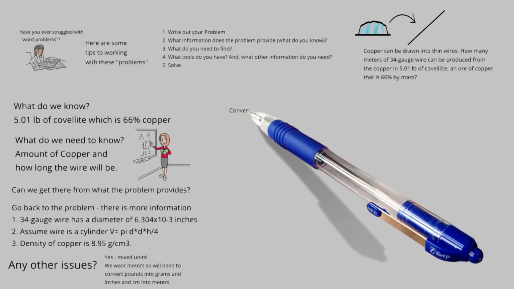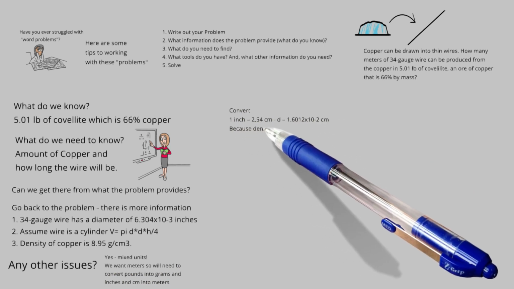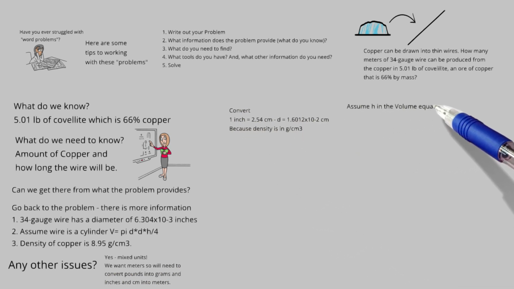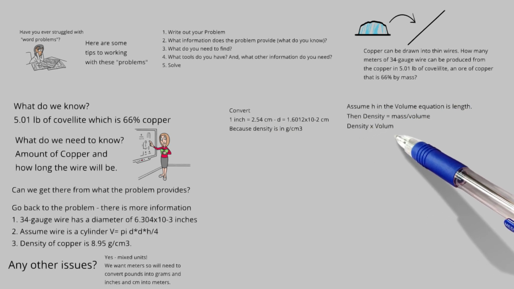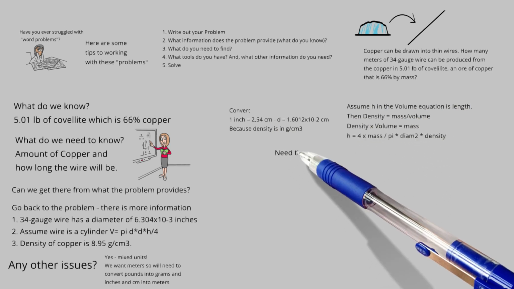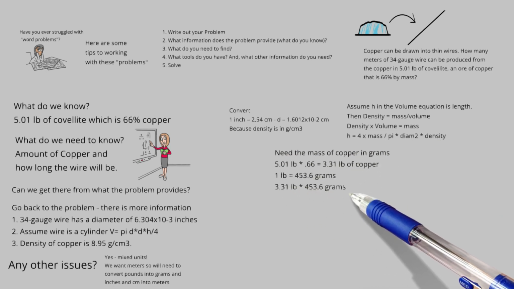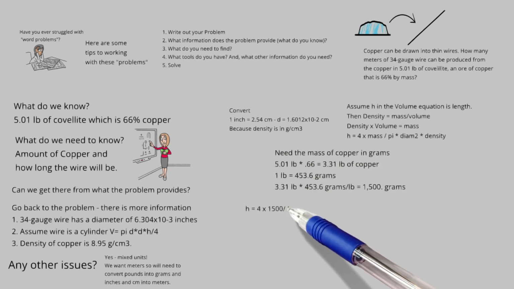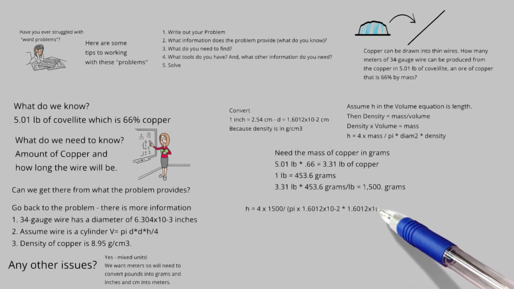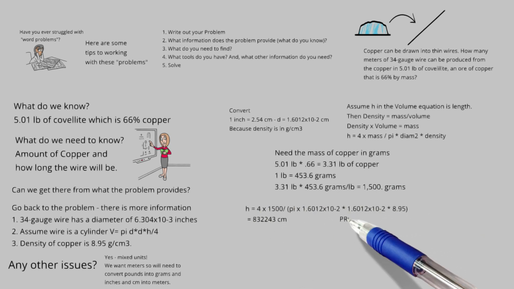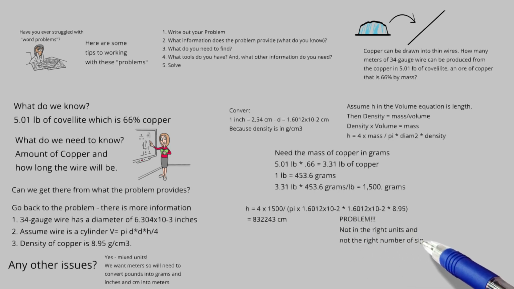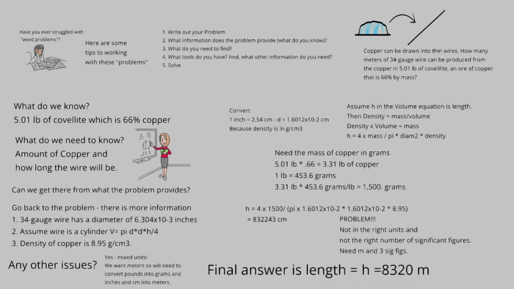But we do have other problems. We have mixed units, so we're going to have to do a few conversions. If we assume the volume in the equation is length, then we can calculate the height. We need the mass of the copper, and we can calculate that by doing a couple of conversions. And we can ultimately rearrange so that we have the height in our equation. But we still have a problem: not the right units and not the right number of significant figures. So we have to put it in our final amount. And that leads us to the answer. So this is just a